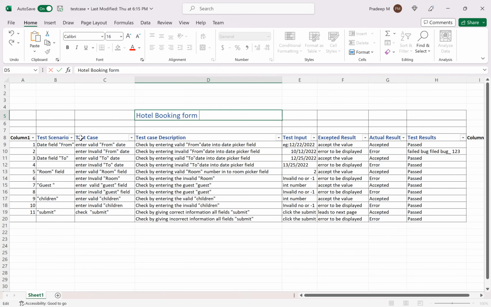I have taken from date and to date. For one, a valid date is given: test input is a valid date, expected result is accepting the value, and actual result is accepted. Okay, first point I got it, but in the second, the actual result is error. If expected is error to display and actual is also error,